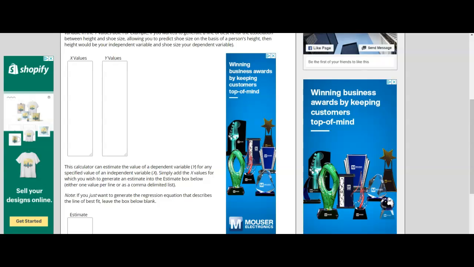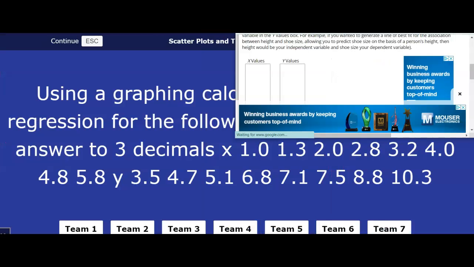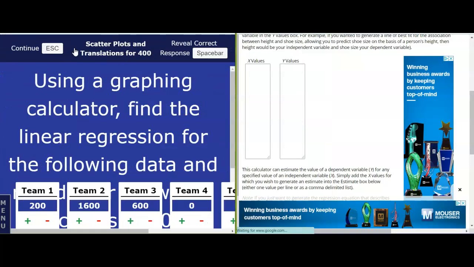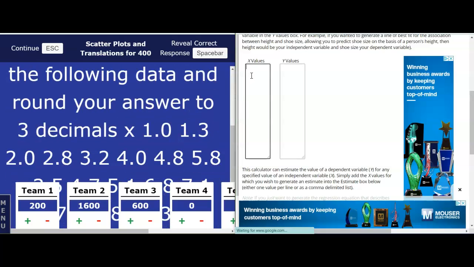Alright, now we're on. I have another question. How do I clear the table? Do I just press the... Just type right on top of it. You can literally just type right on top. Last time I reset my calculator after every one, so I didn't know how to... Oh my goodness. Yeah, you can just type right on top of your data.